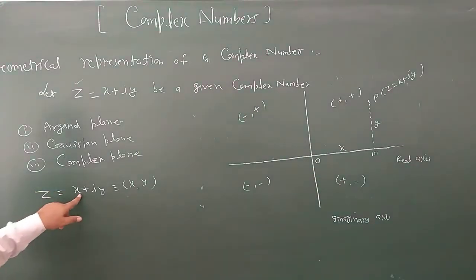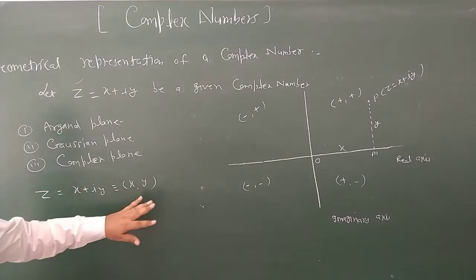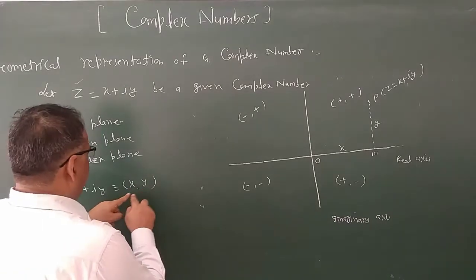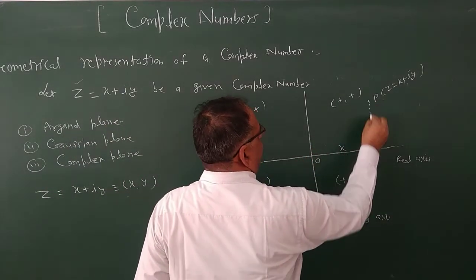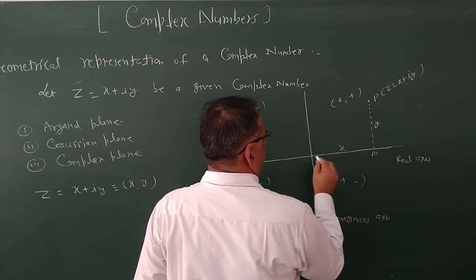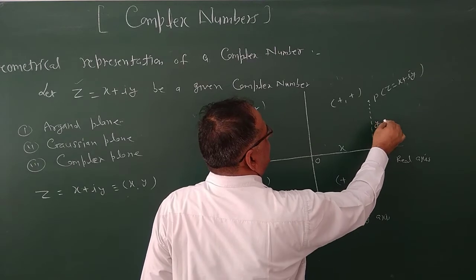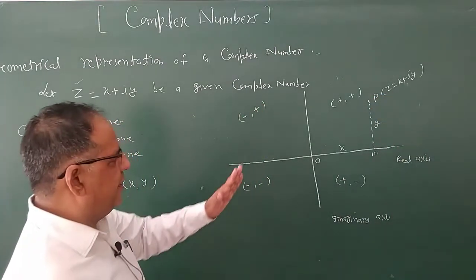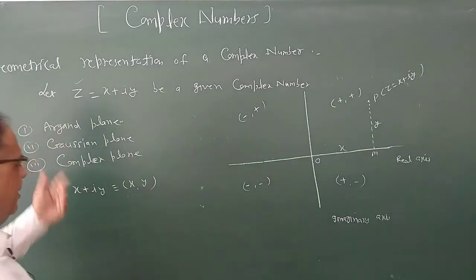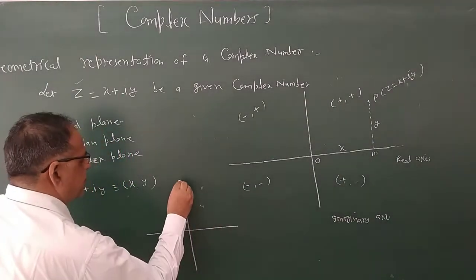So if z equal to x plus iota y, suppose that x and y are both positive, so clearly the real and imaginary parts are both positive. So we take a point P, draw a perpendicular on the x, real axis, so O to M we treat as x, and M to P we treat as y. So point P represents the complex number z in the orthogonal plane. Similarly, you can represent some more numbers.